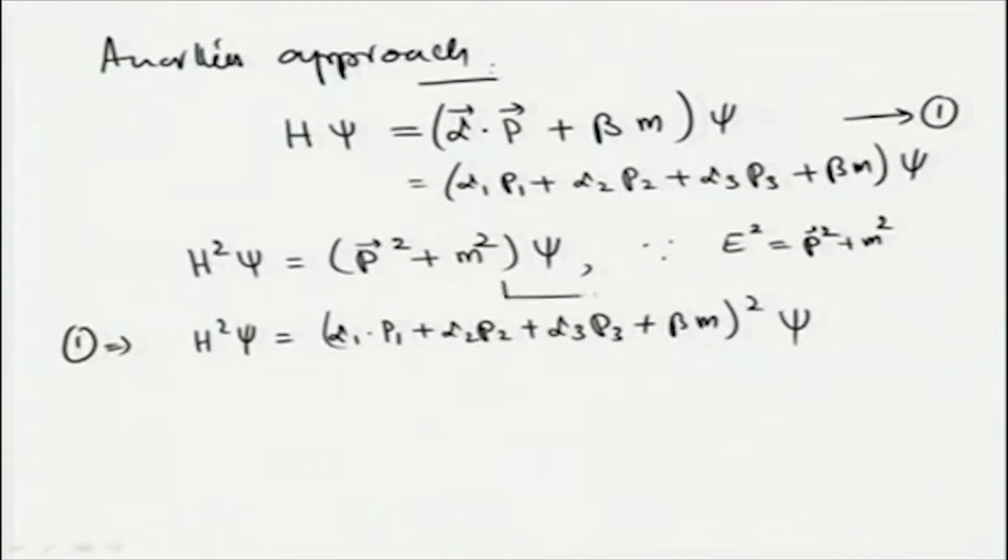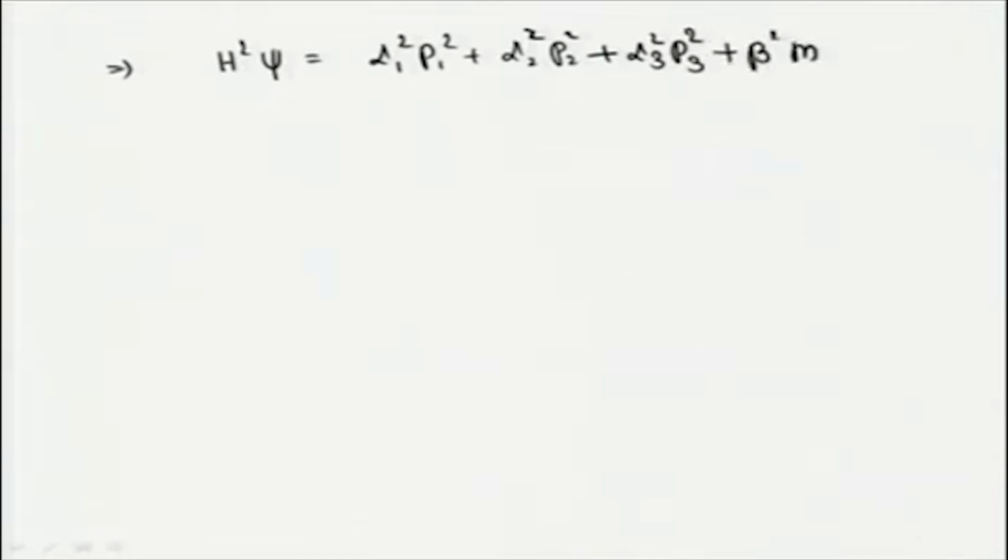Let me call this equation, the energy equation, 2. H square psi is then equal to alpha 1 square p 1 square plus alpha 2 square p 2 square plus alpha 3 square p 3 square plus beta square m square, acting on psi,